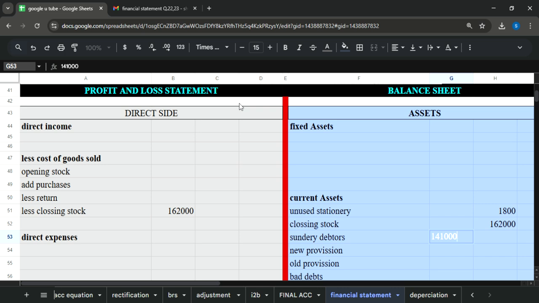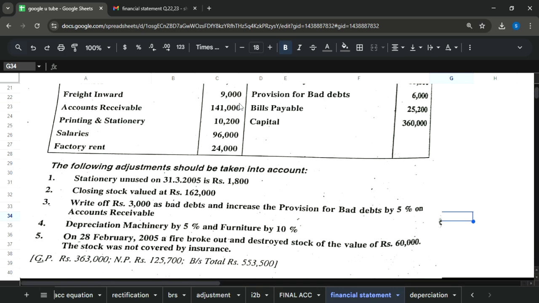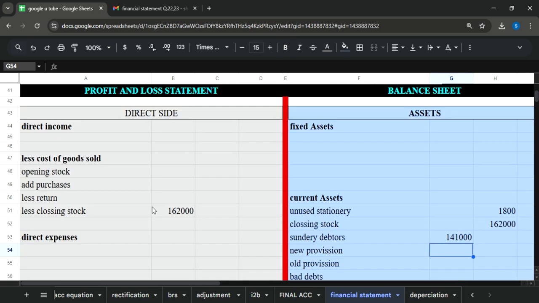And now we are going to calculate our new provision. For that you will have to give attention. We also have 3000 as additional bad debts. So first you will take 141,000 and then